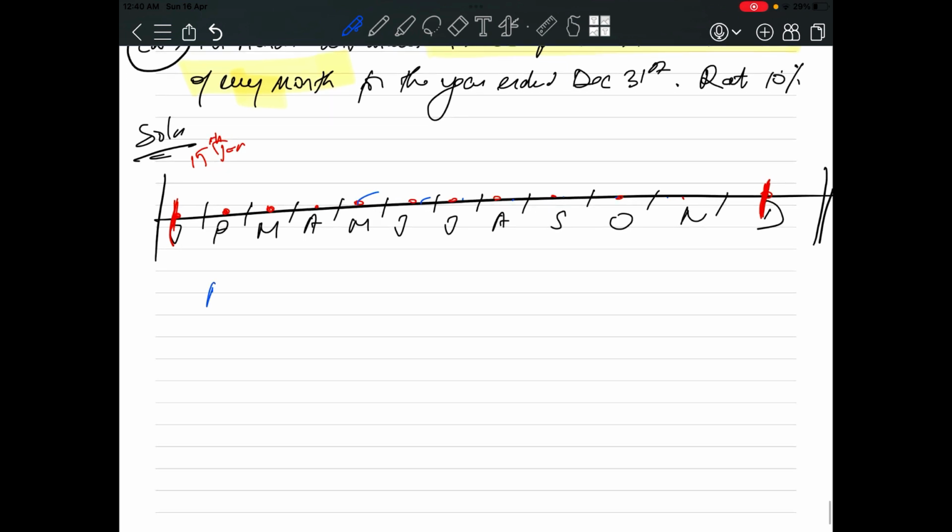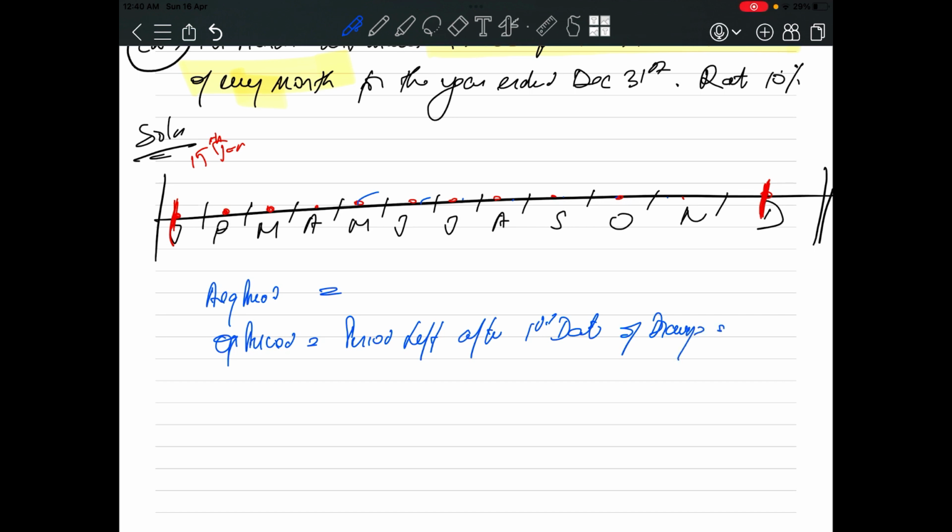Now let's calculate again the average period. For this I will need the opening period. What is the opening period? Period left after the first date of drawings. What is the period left after the first day of drawing? See, half month is left here because I have withdrawn the money in the middle of January. So the period left after the first withdrawal is half month first, then 1, 2, 3, 4, 5, 6, 7, 8, 9, 10 and how much? 10 plus